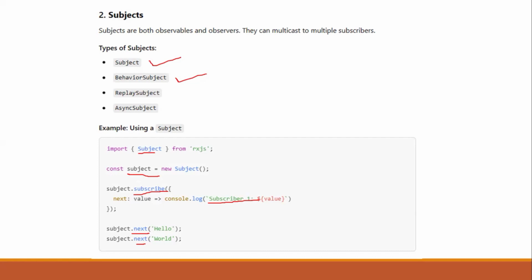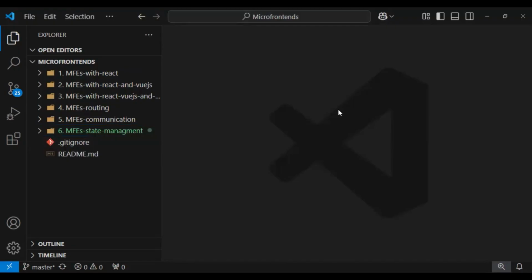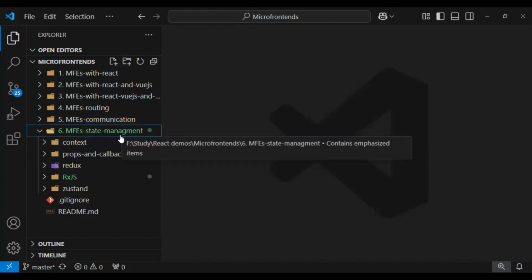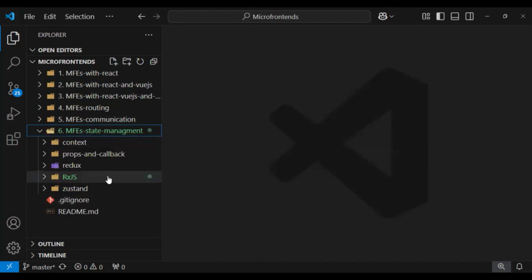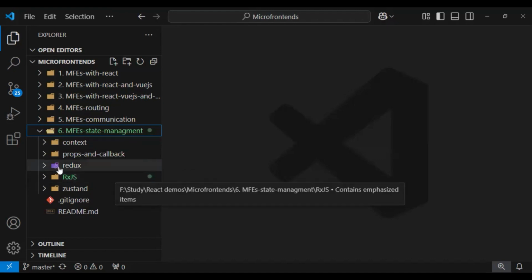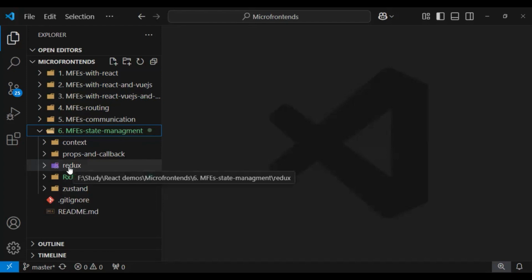But I think we are good with the initial discussion, and now we'll move to VS Code and continue working on our existing application that we used to implement Redux. Now in VS Code, if you are following along with me, this is our folder for managing the state in the Microfrontends. And we have created a new folder here, that is RxJS. And I have just copy pasted the same code from our existing video or existing implementation where we implemented Redux